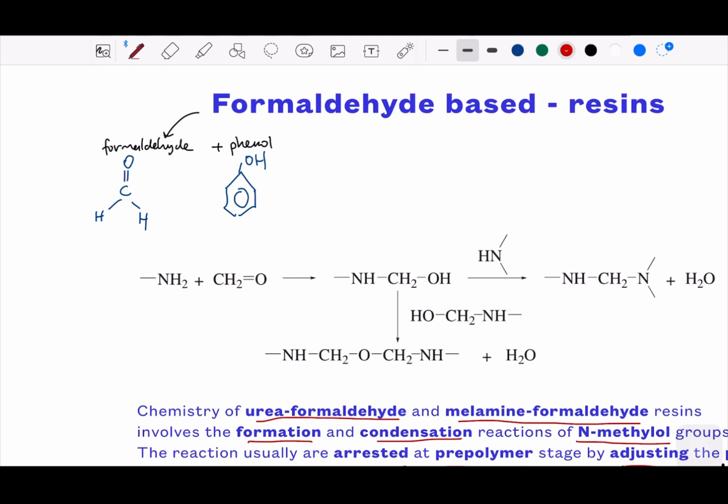Basically, it will attract this carbon. Remember that it starts to be the active site, or we could say nucleophile, reactive. So the electron will attack this carbon,